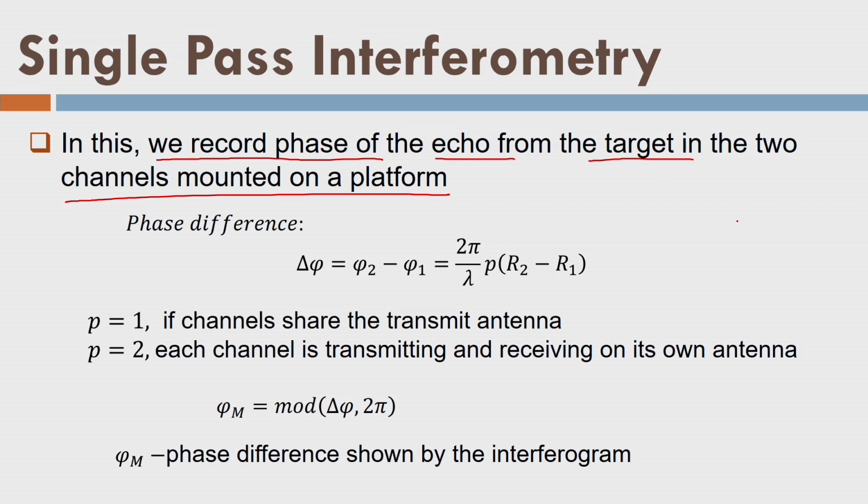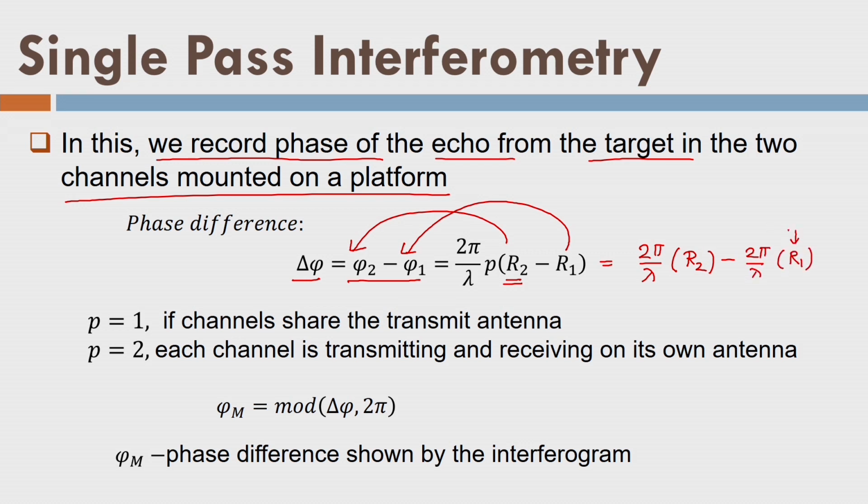Now I can easily write this relationship here, delta phi equal to phi 2 minus phi 1. If I write range R2 for the sensor 2 and R1 range for the sensor 1, I am writing the difference of the 2 ranges. Now you can see here that there is a common path between the 2 receiver antennas, so we ignore that, and hence I can write here R2 minus R1, both are only return path.